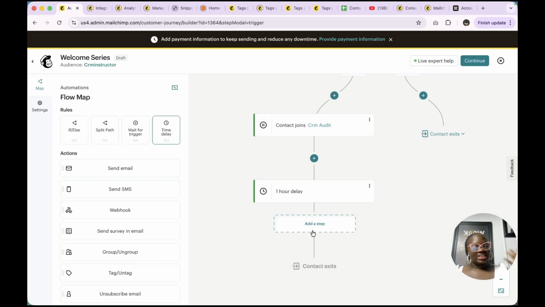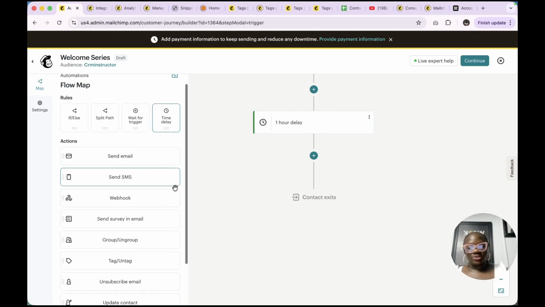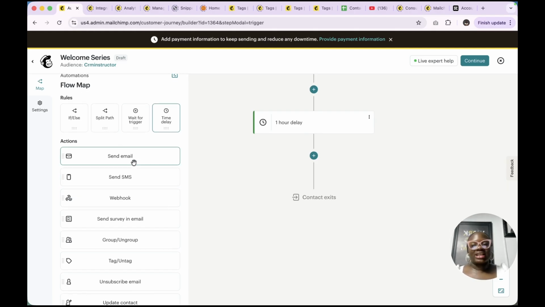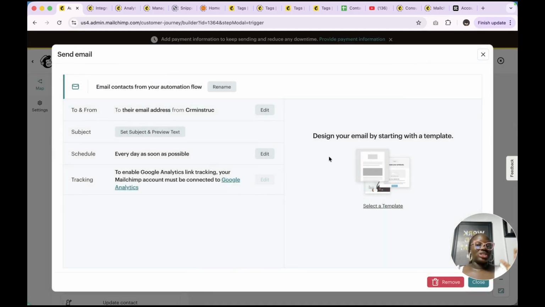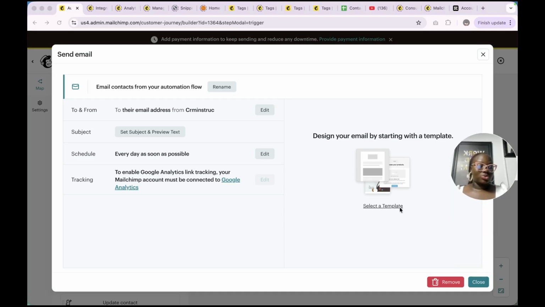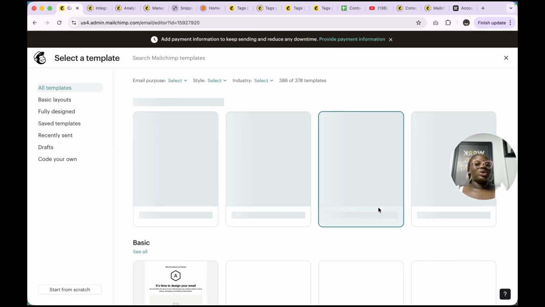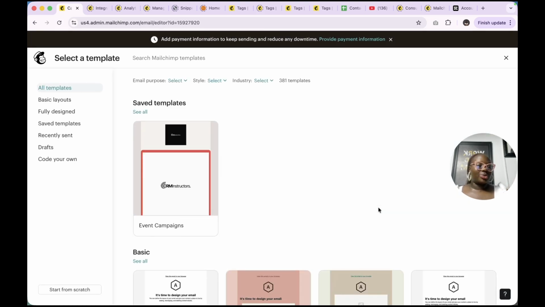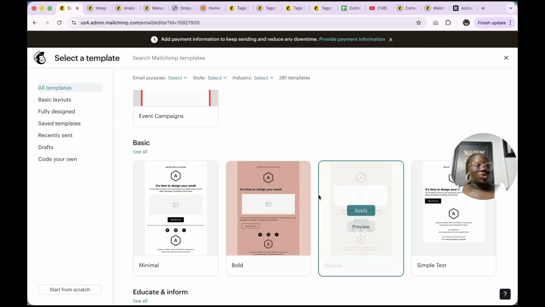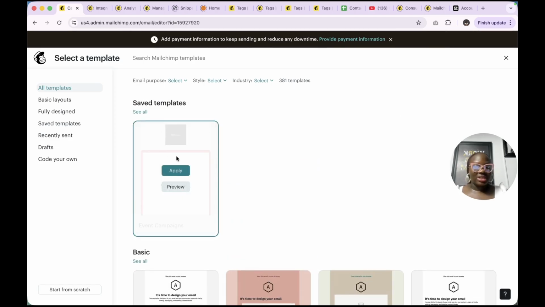So the time delay, like the name suggests, is just the delaying of the time before the next action is done. So let's move to each of these actions. For each of these actions, we can decide that we want to send an email, which is the first one. And when you drag and send an email here, it is going to take you to this place where you can select the particular template you want to add inside of this automation. So we have one template we've created already. When we click on select template, that is going to lead us to this place where we can select the particular template that we have. We can create a new one from scratch, or we can just use our saved template that we've created